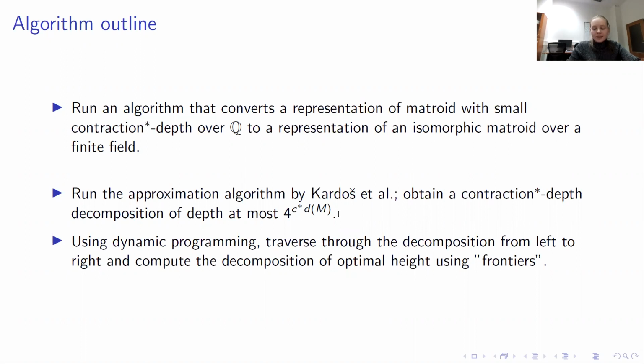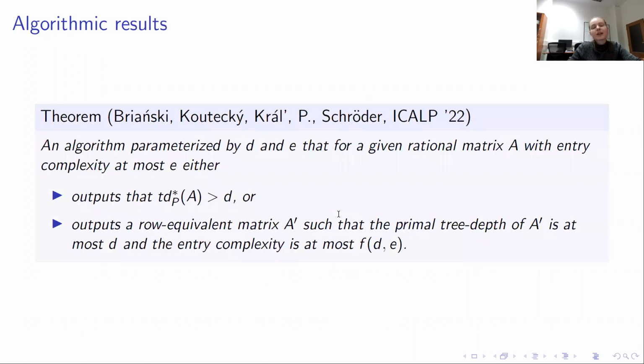And then finally, using the information that is stored either in the leaves of the decomposition or labels of the edges, we construct the matrix of minimum dual tree depth possible that is row equivalent to the output. And the second algorithm that I would like to mention here is the preconditioner for